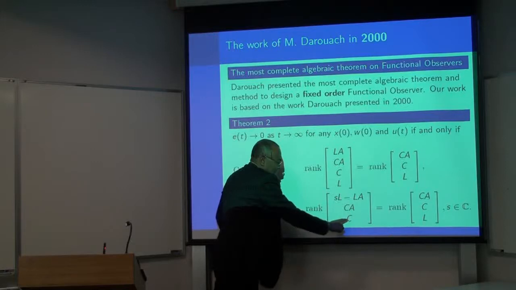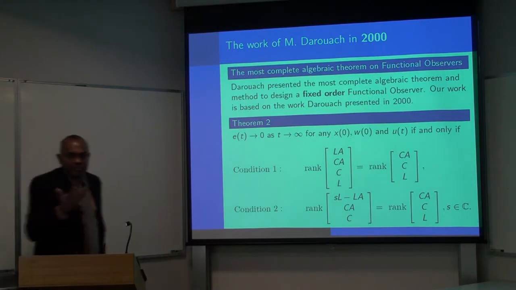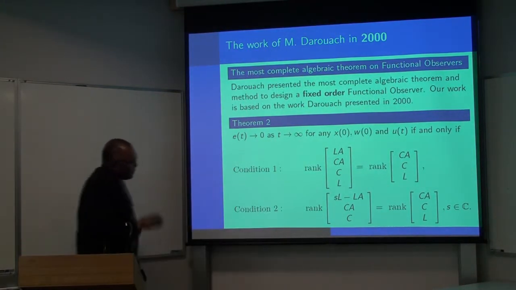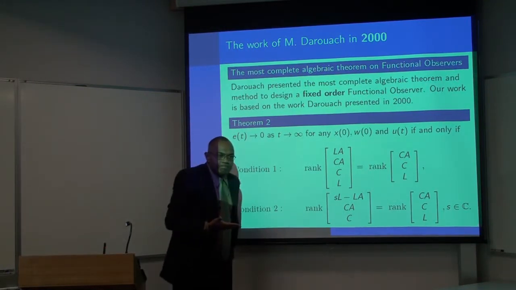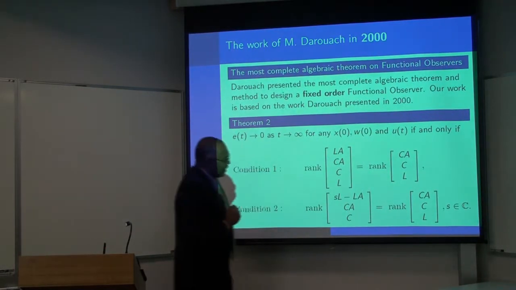SI minus AC equal to N, which is the observability condition that can be found. Okay. Now let's look at how this condition may not be satisfied. Let's look at condition 1. So if you look at condition 1,